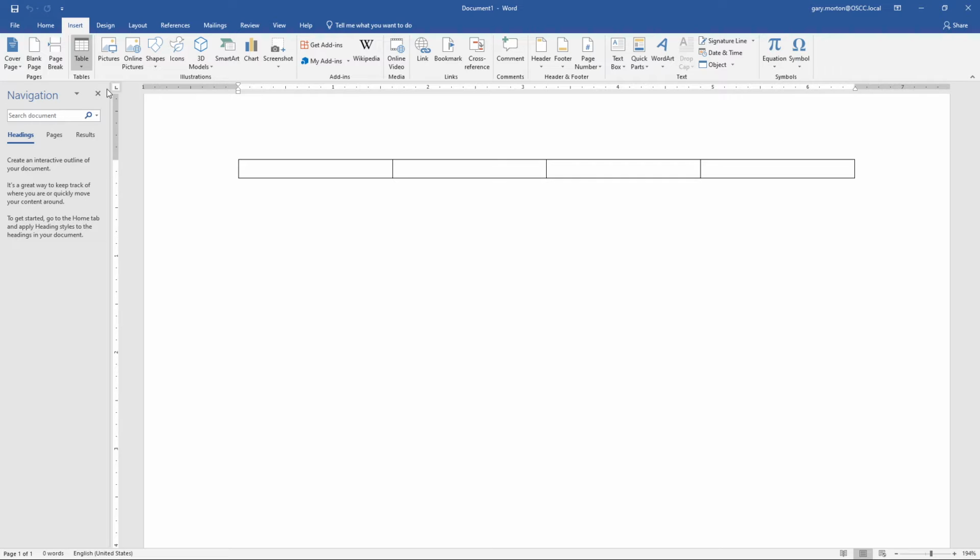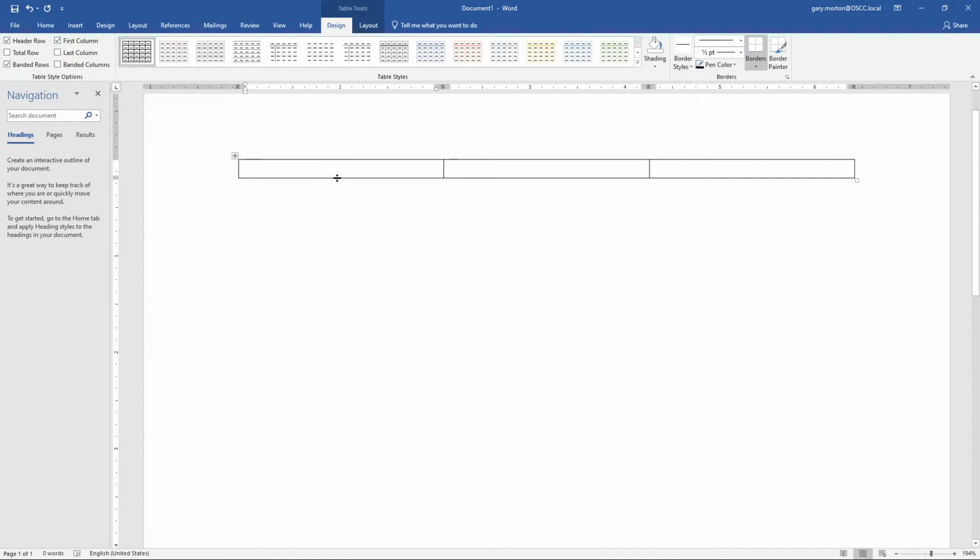A lot of times it's just as easy to pick one row, and I'll show you why now. If I create a table with three columns and just one row, as soon as you start putting stuff in,